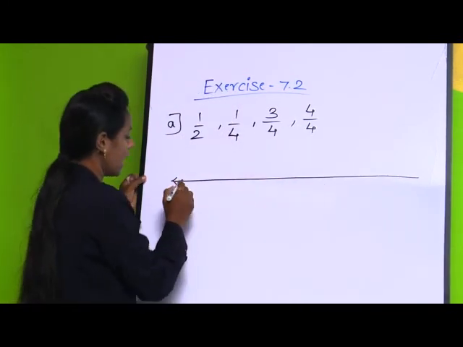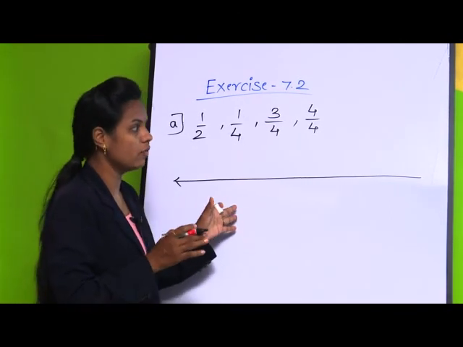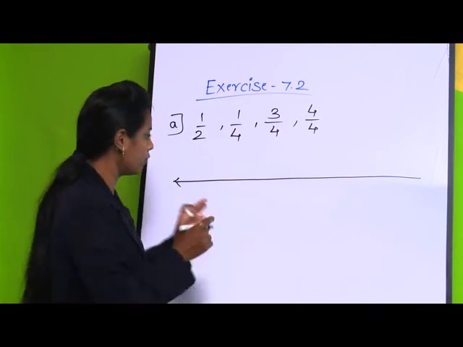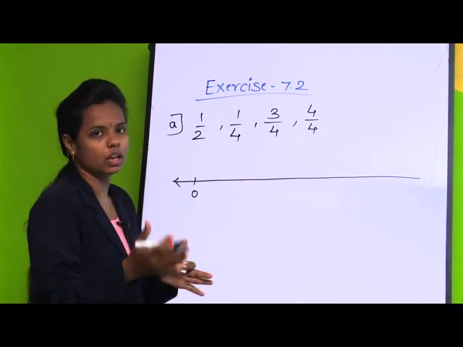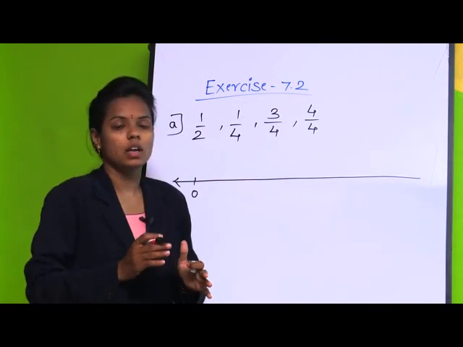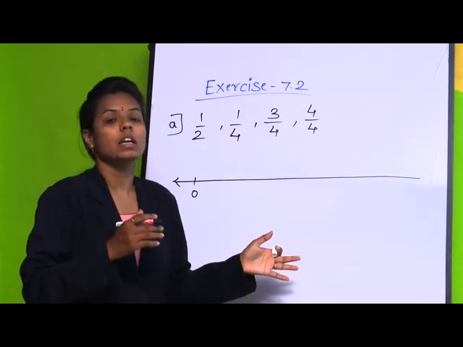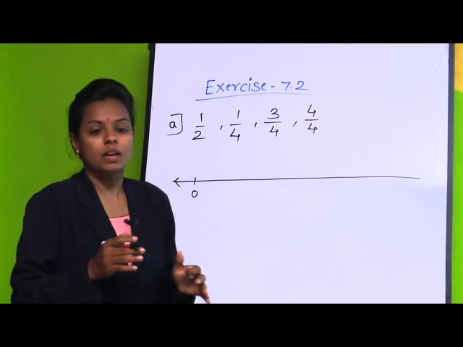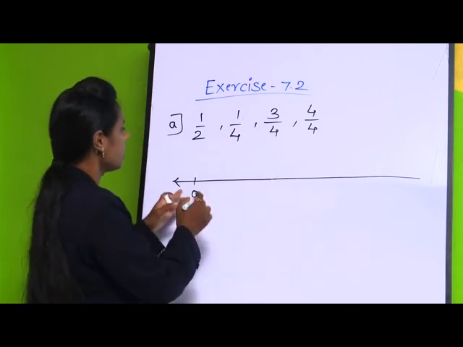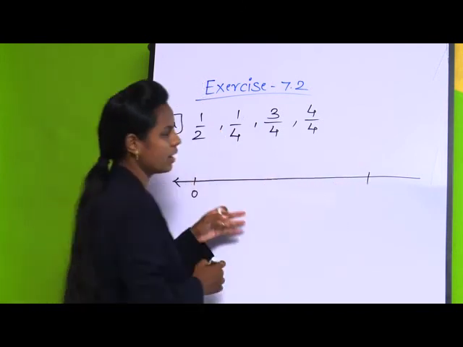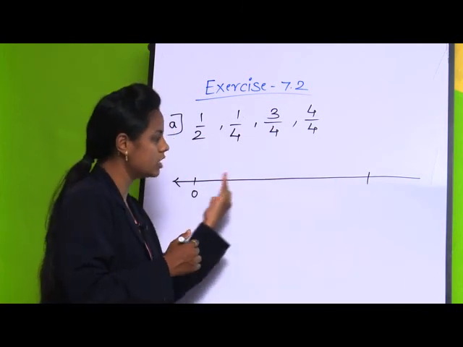As you know, this is not an integer number line, we are showing just a number line. So we start with 0, then we have 1, 2, 3 and 4. Students, you might remember that in the previous class, in proper fractions, we saw all the fractions that are less than 1. Suppose we have 1 here. The fractions that are less than 1 lie on the left side of the 1.